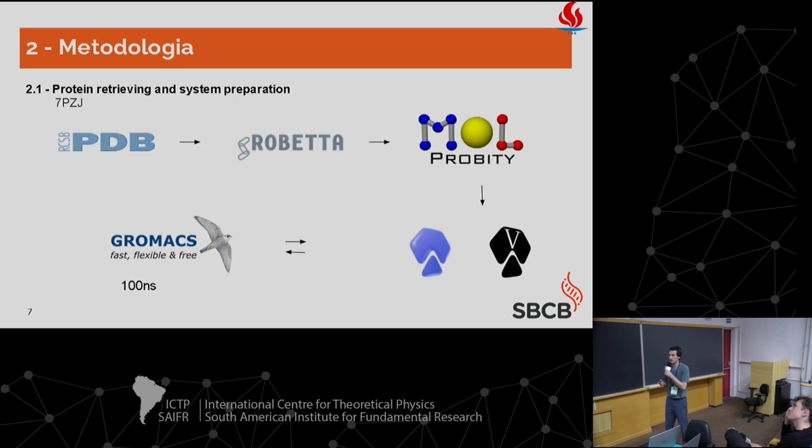The protein structure was obtained from the PDB under the code 7PZJ, and we modeled the structure to fill some amino acids that were missing. We validated the structure in MolProbity, and after validation, we did an ensemble docking procedure